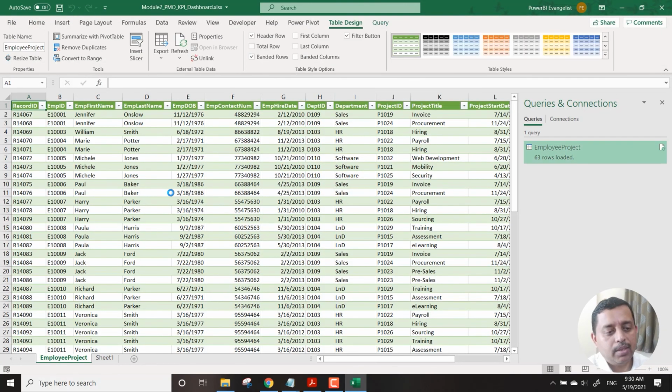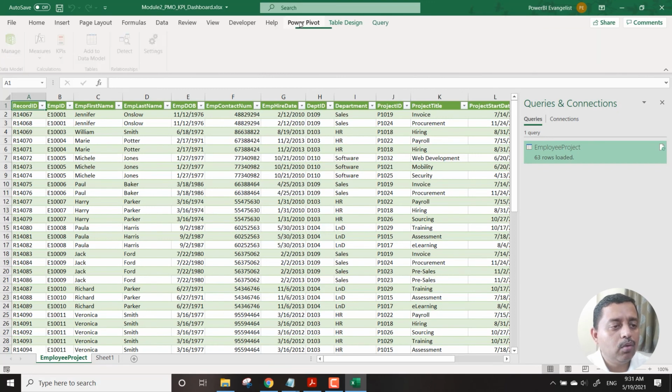And the data comes here. The data that you saw over there was not tabular data. It was not in the form of tables. So please remember that whenever we are working with any kind of data analysis, building up any kind of KPI dashboard, please bear in mind that your data should be in tabular format. So right now the data is in tabular format. So once it is in tabular format, what we need to do is go to Power Pivot and go to this option called Add to Data Model.